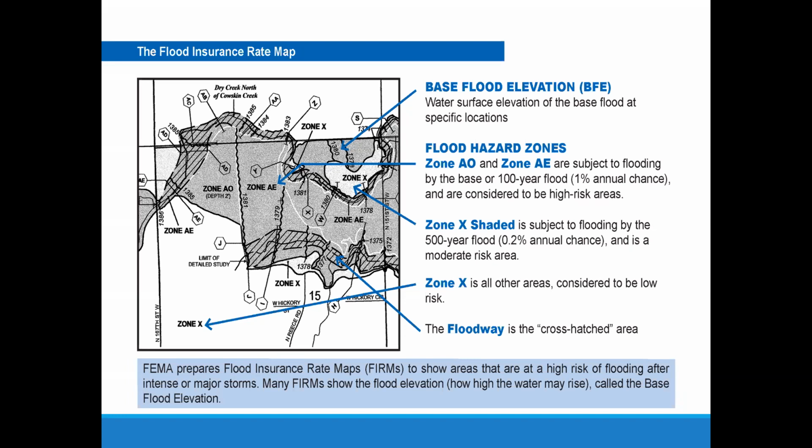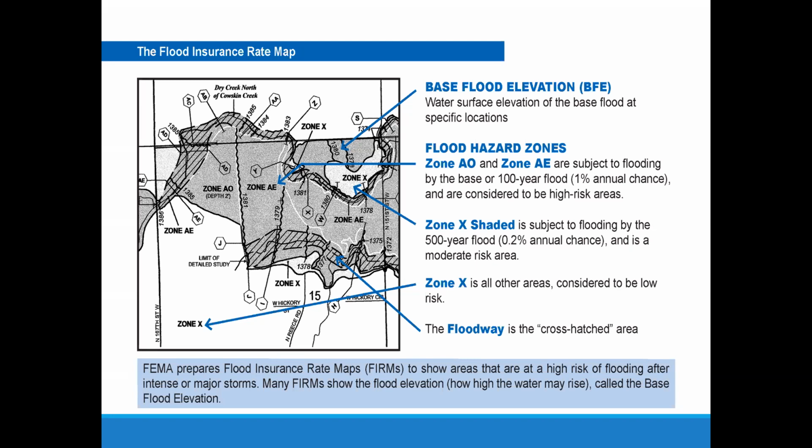In each one of those cross sections, there's a book called A Flood Insurance Study. And in that book, you can find at that cross section a lot of good information like the water depth and the velocity and things like that. If we were to put all of the depths and velocities and all of that other kind of information on the map itself, the map would be really jumbled up. It would be difficult to read. So we put this other information in a book separate from it.